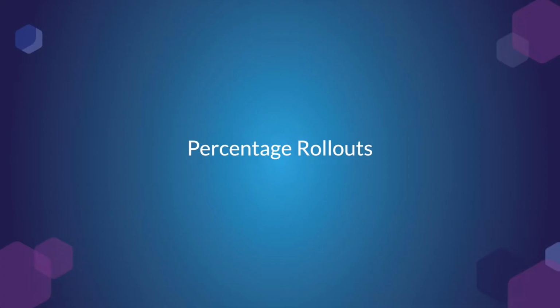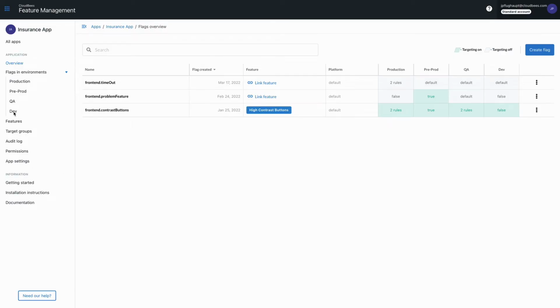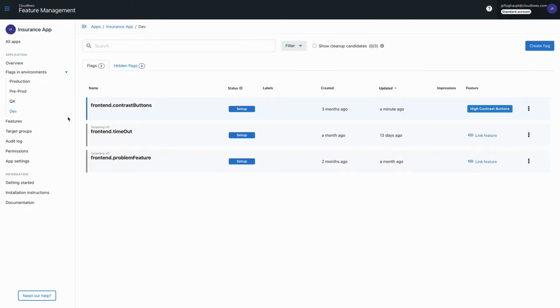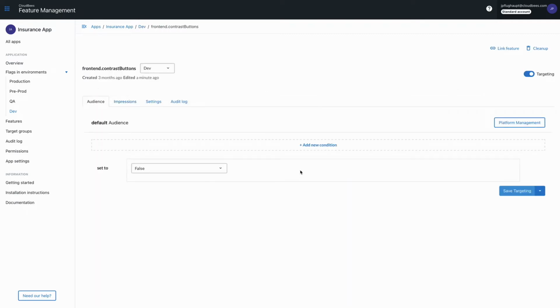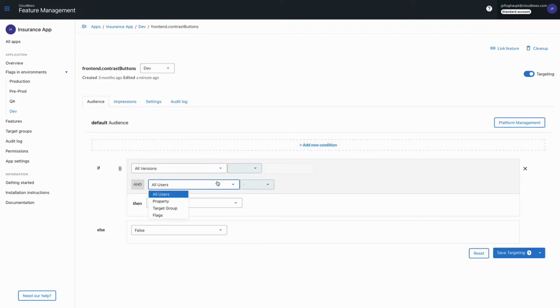CloudBees Feature Management allows you to roll out feature flags to your desired target audience, and to further limit the blast radius of new changes, CloudBees Feature Management enables you to only show flags to a percentage of that audience with split rollouts. To get started with a Boolean flag, select a rule set and an environment and define your audience. In my case, I want to roll out the high contrast UI buttons to only 20% of our beta